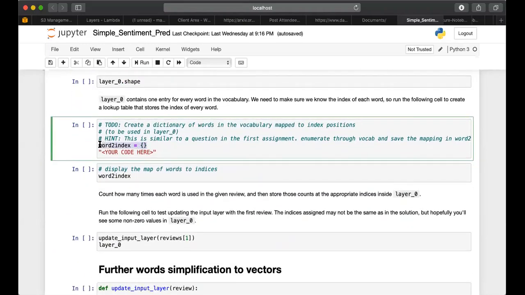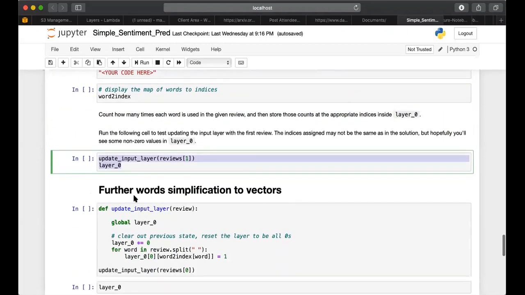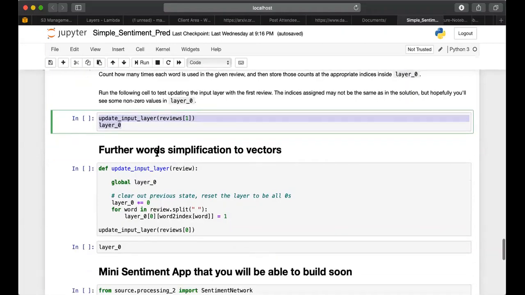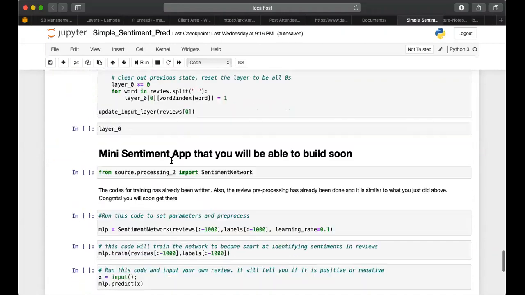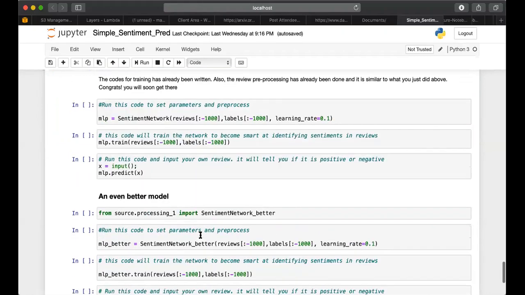By the time you have your words to index, the idea is this. I'll go a bit high level now. Somewhere around here, I'm using a function that will be used in my model.